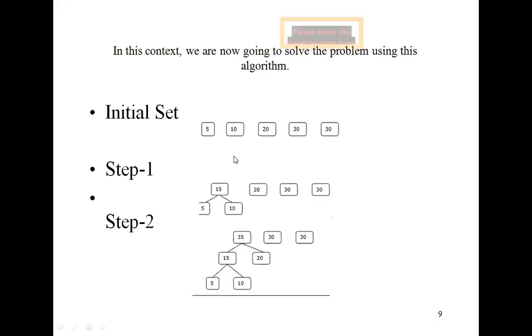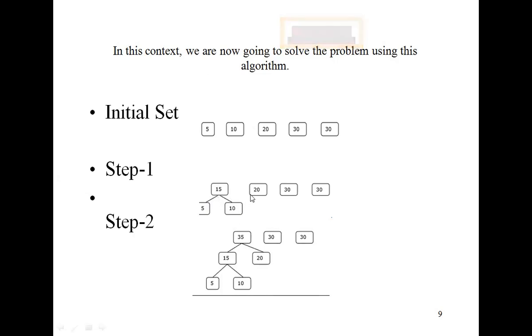The same thing we are representing in a diagrammatic way, in a tree representation. So 5 and 10 are the left part and right part of a node. You are adding these two, 5 plus 10, merging these two files. You will get 15. 15 is the number of records after merging two files.